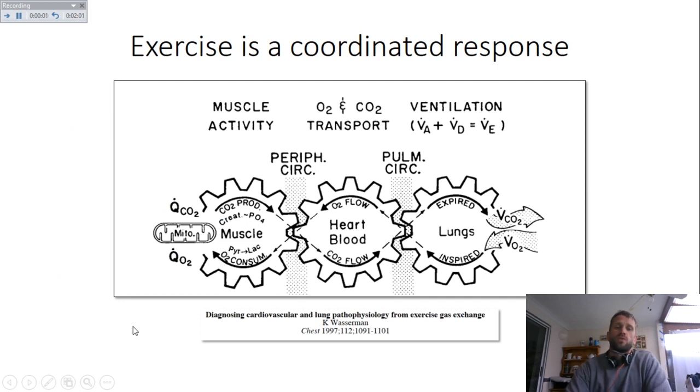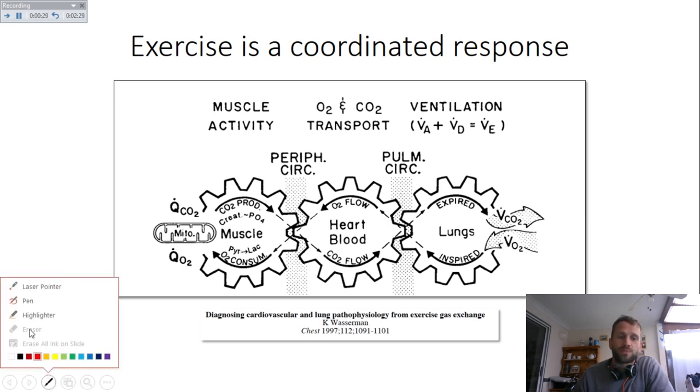So before we get on to really thinking about these, breaking down the system into these component parts, it's worthwhile just pointing out that whenever we're measuring an exercise variable, particularly oxygen consumption, it's a coordinated response. It's something we talked about in the previous lecture. When we're doing exercise, we have this requirement to utilize more oxygen to resynthesize this ATP. But in order to do that effectively,